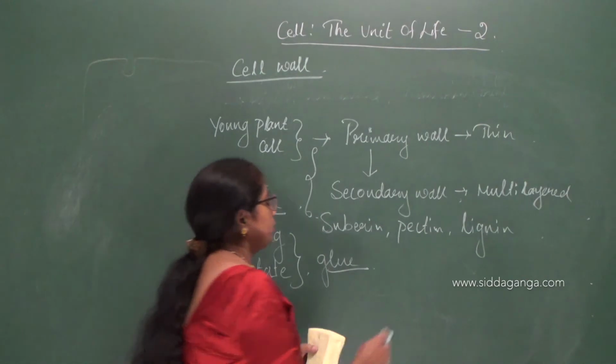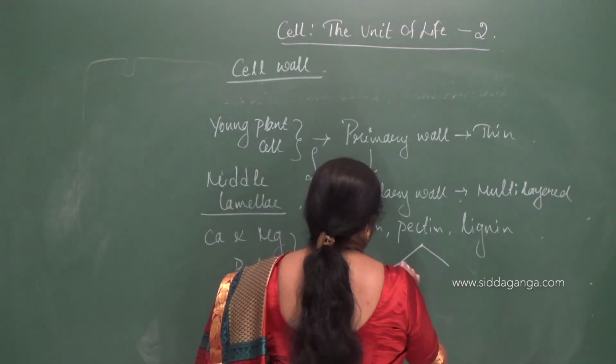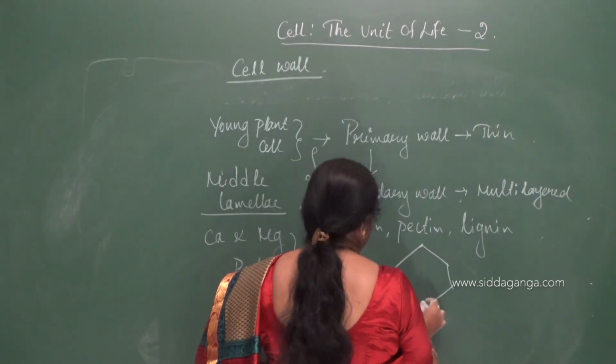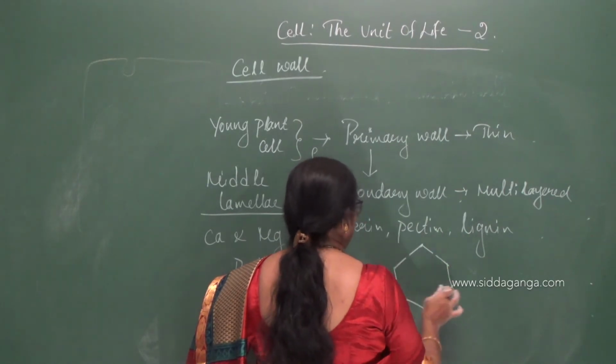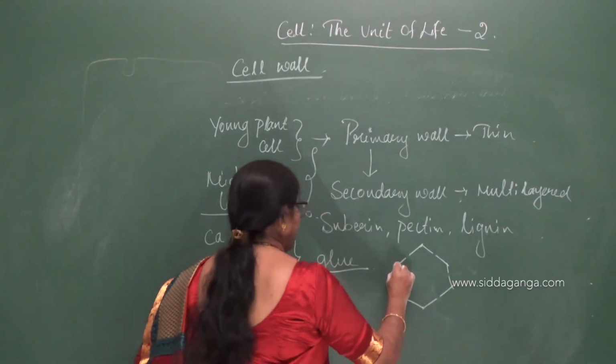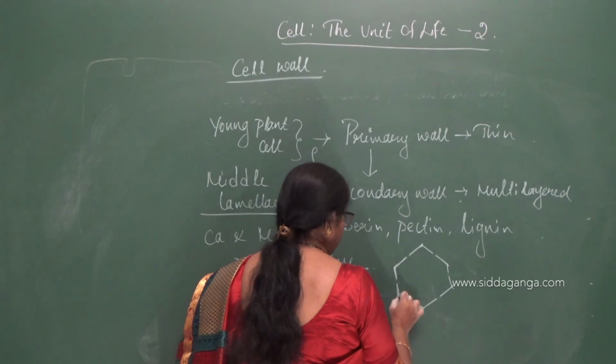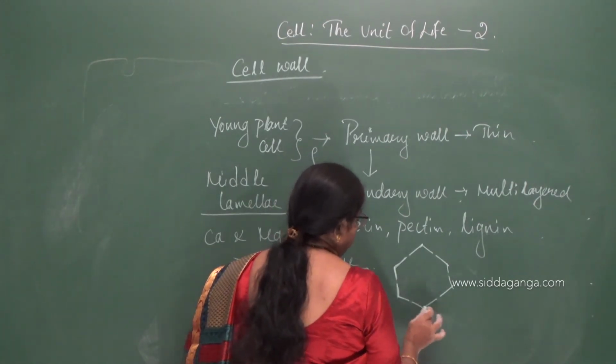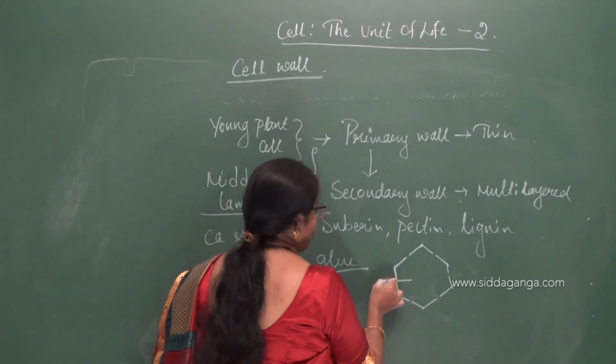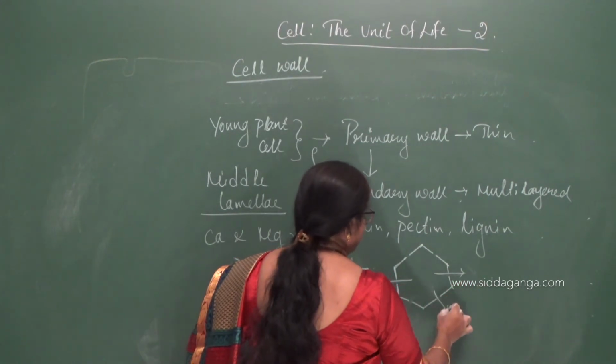And both this cell wall and the lamella are traversed in the middle so that some cytoplasmic connections are formed between the adjacent cells,